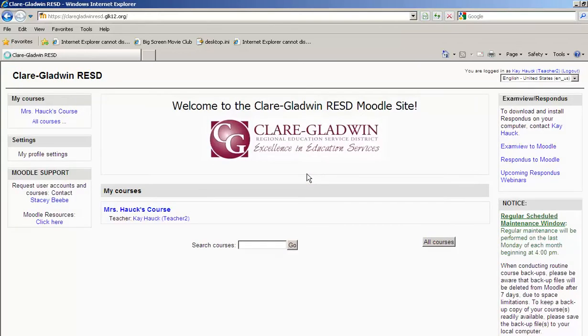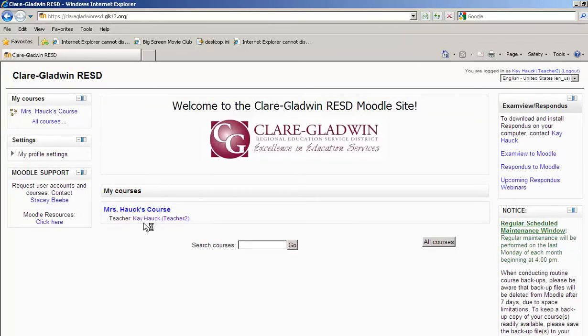Once you get logged into Moodle, you're going to see a list of your courses, and so these will be courses that you are the instructor for. And this is the same for students. Any course that they're enrolled in as a student will be listed under My Courses, and they will click on the course that they want to enter into to work on. So as an instructor, as you get more courses, they will be listed here every time that you log in. So we'll click on the course that we want to work on,